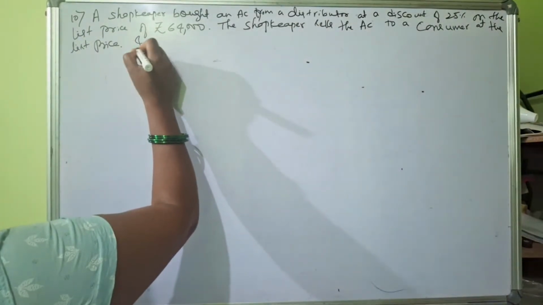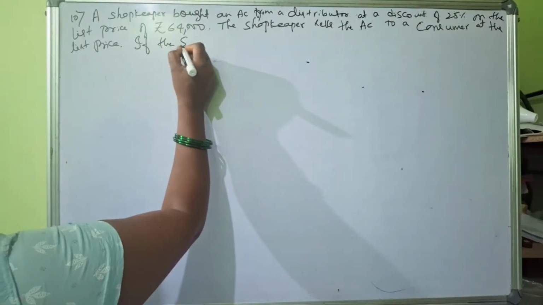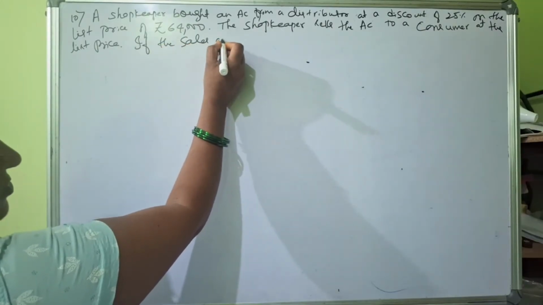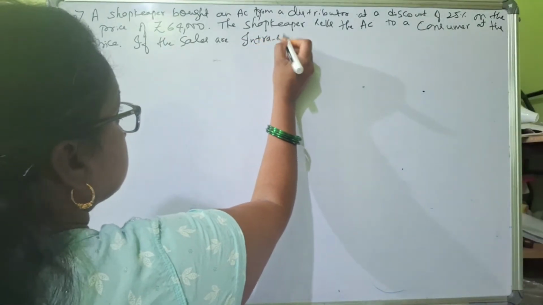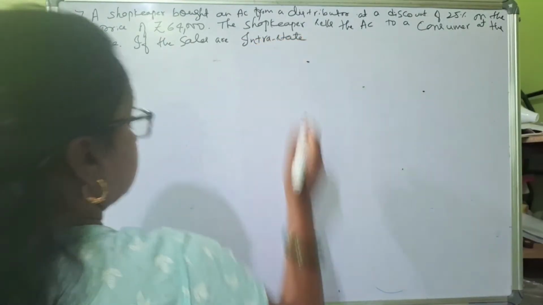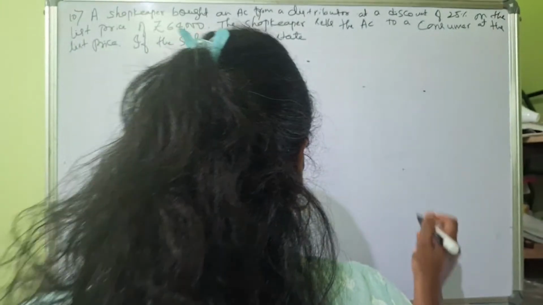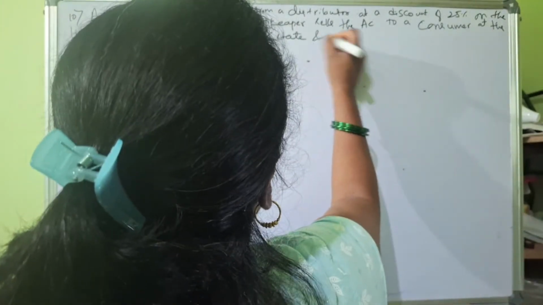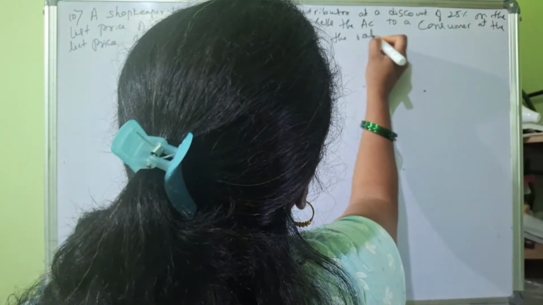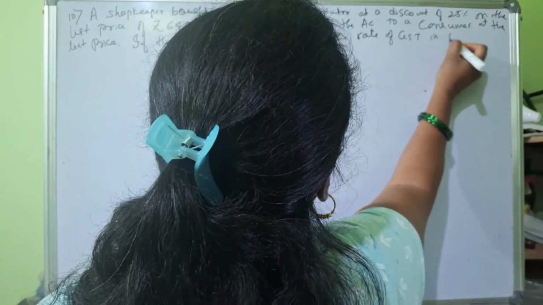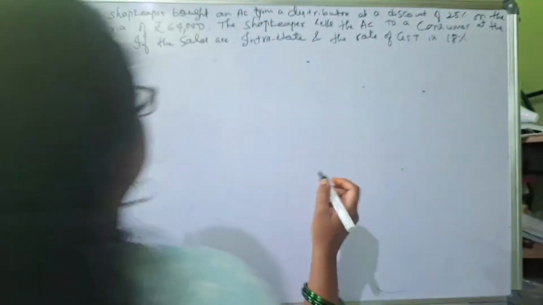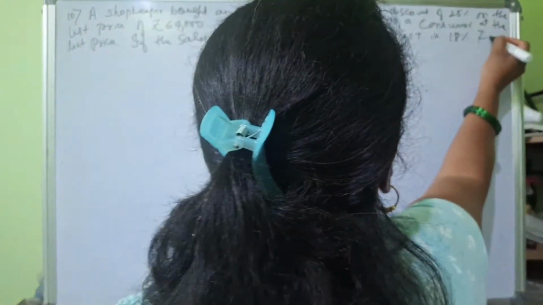If the sales are intrastate, means the sales are within the state, and the rate of GST is 18%, find,